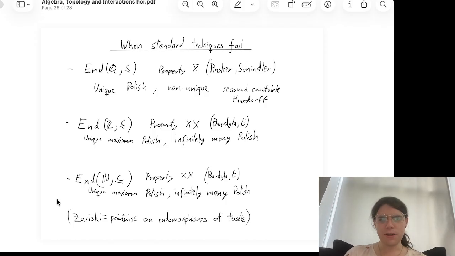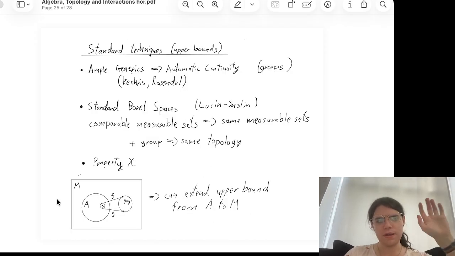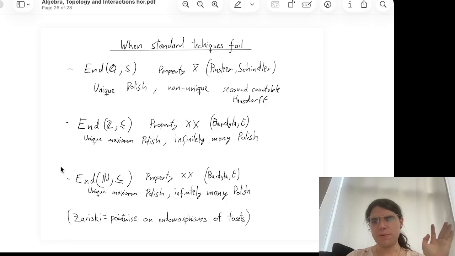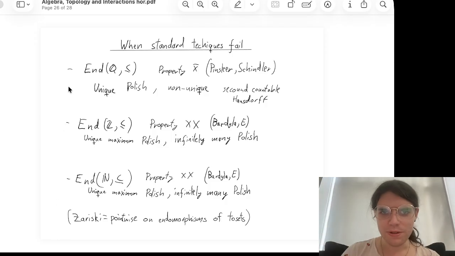But this doesn't always work. I've mentioned lots of examples where it does work. It works for the transformation monoid, the symmetric inverse monoid, the partial transformations and continuous function monoids of various things, the endomorphism monoid of the random graph, and a whole bunch of other stuff. It doesn't always work, but sometimes you can fix it a little bit.